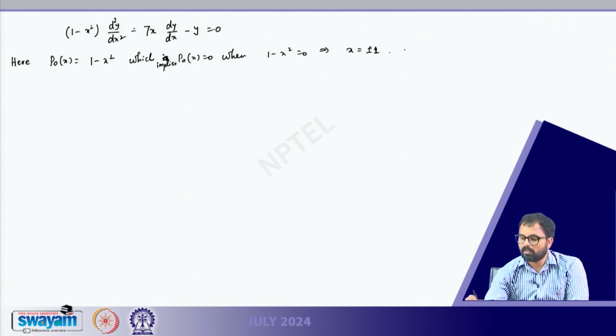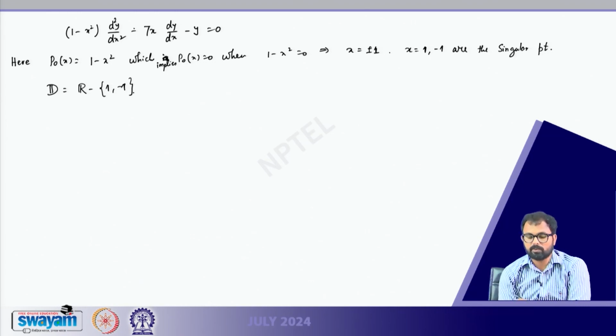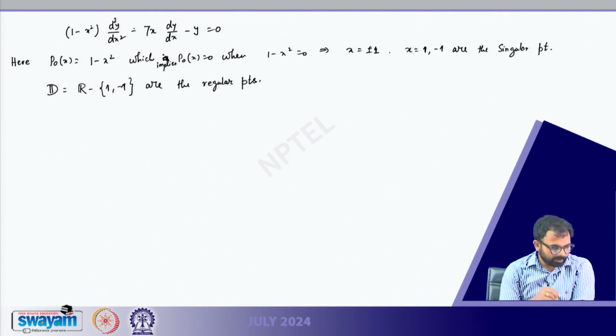So, therefore, x equals 1 and minus 1 are the singular points, and the domain D equals all such points in R which are not equal to 1 and minus 1 are the regular points. So, except these 2 points, all the other points on the real line will be regular points. Okay. Similarly, if we have an equation of this type,